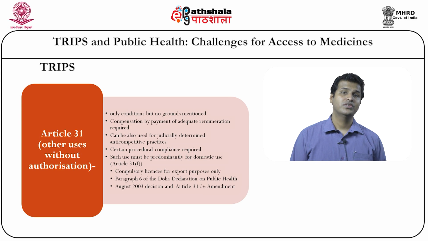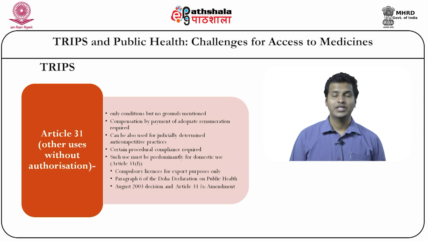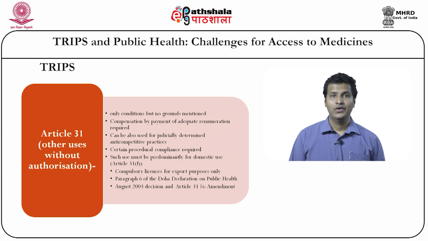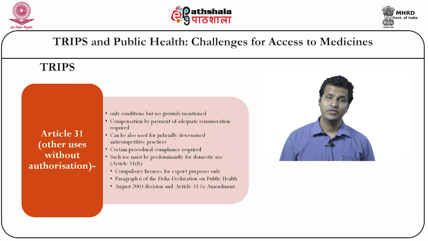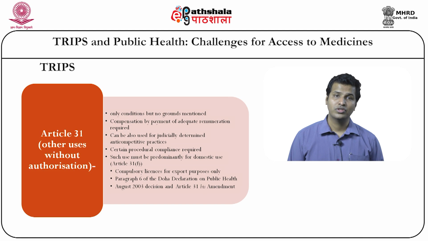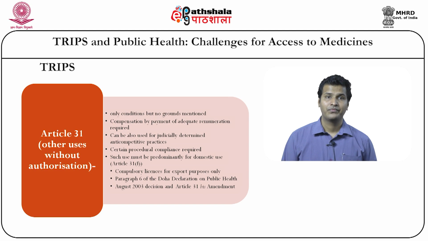There is also a certain procedural requirement and compliance that needs to be done in the case of the TRIPS agreement, specifically where the patent holder has to be contacted and a voluntary license has to be sought from the patent holder prior to any third party approaching for a compulsory license, and only after failure to get the voluntary license for a sufficient reasonable period of time can any third party approach the government for a compulsory license.